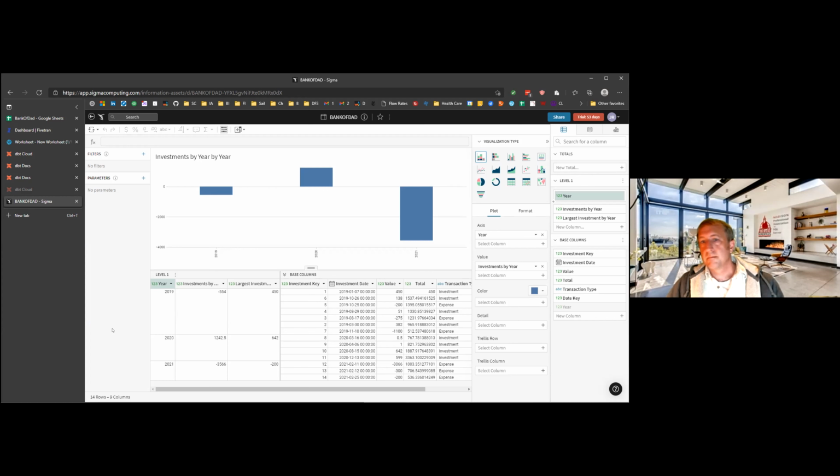I'm interested in people's reactions to Sigma. I know this wasn't the best demo and I made a lot of mistakes and I didn't cover all the features, but this concept of building out columns at different levels of aggregation and then combining them so you can have little building blocks as opposed to building out long DAX measures. You know, how do people feel about that? For those of you who've done a lot of BI, does this seem like an important innovation or does it seem like it's oversold? I don't know how to feel about it, honestly.